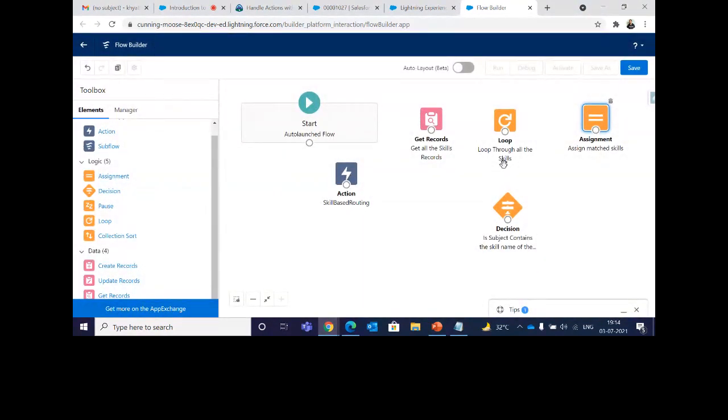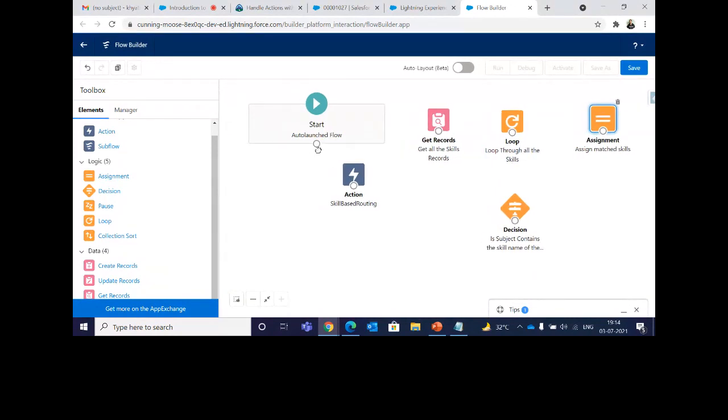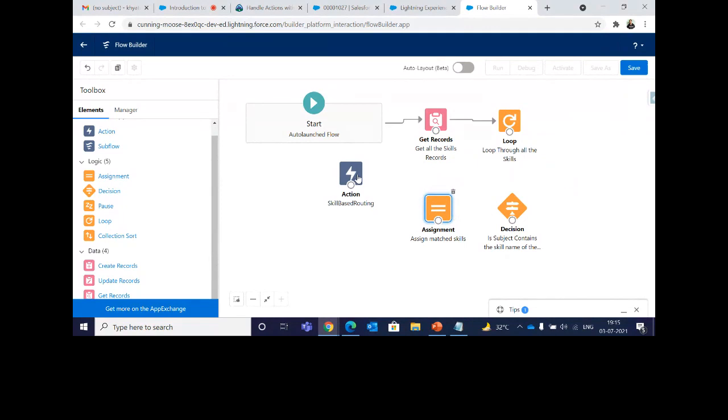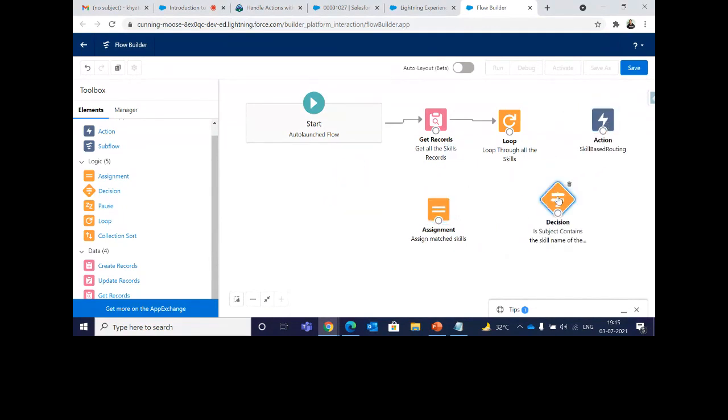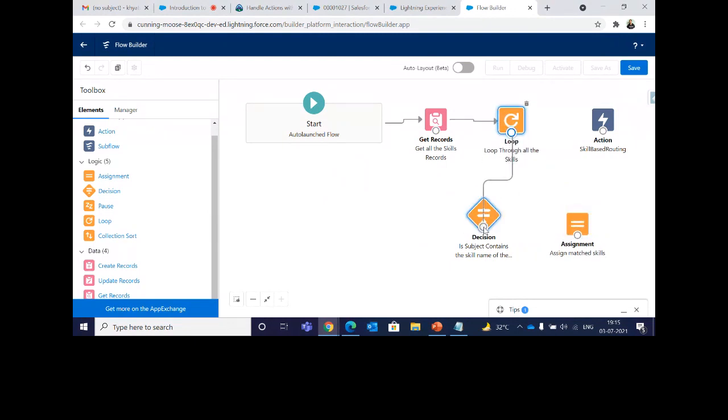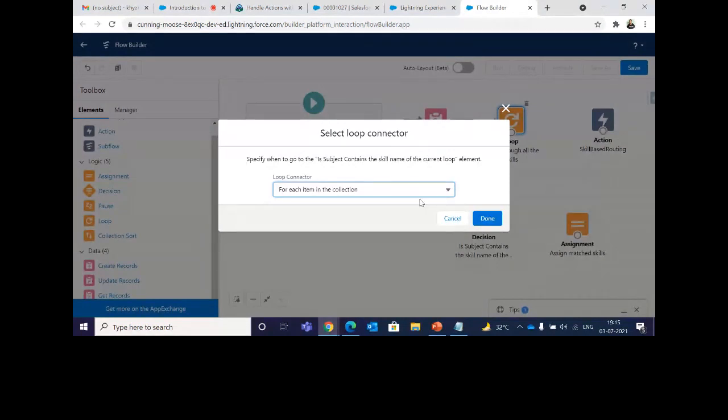So I'm basically done with my flow. I'll just connect the flow, starting from the start, getting the records. Once I get the records, I'm going for the loop. Once I loop it, if it is yes, what if I get all the skills? Then I'll go to the decision that I've created.